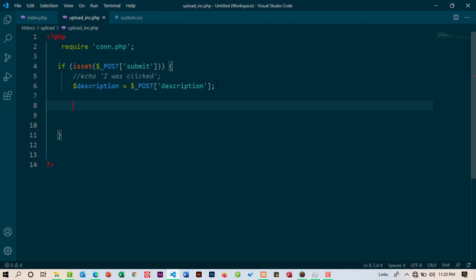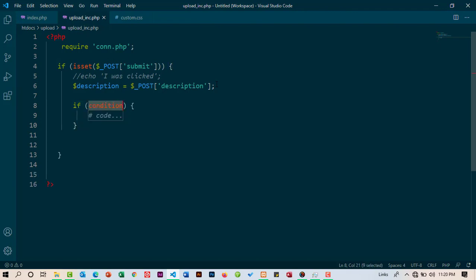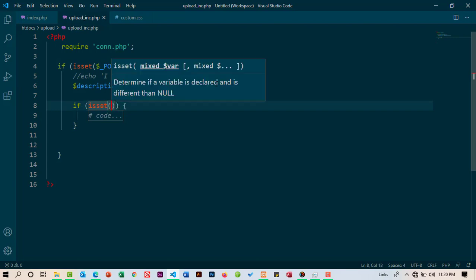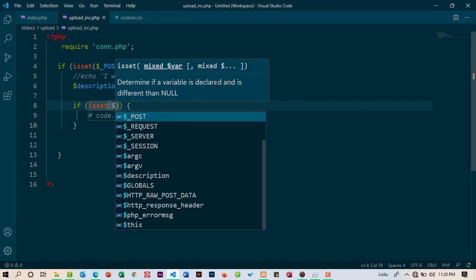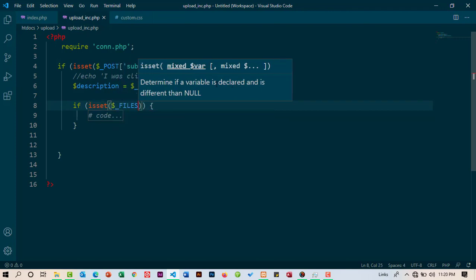So we are again going to use the if statement, and the condition will be isset. And here, instead of the post method, we are going to use the files. So I'm just going to come and say files, and